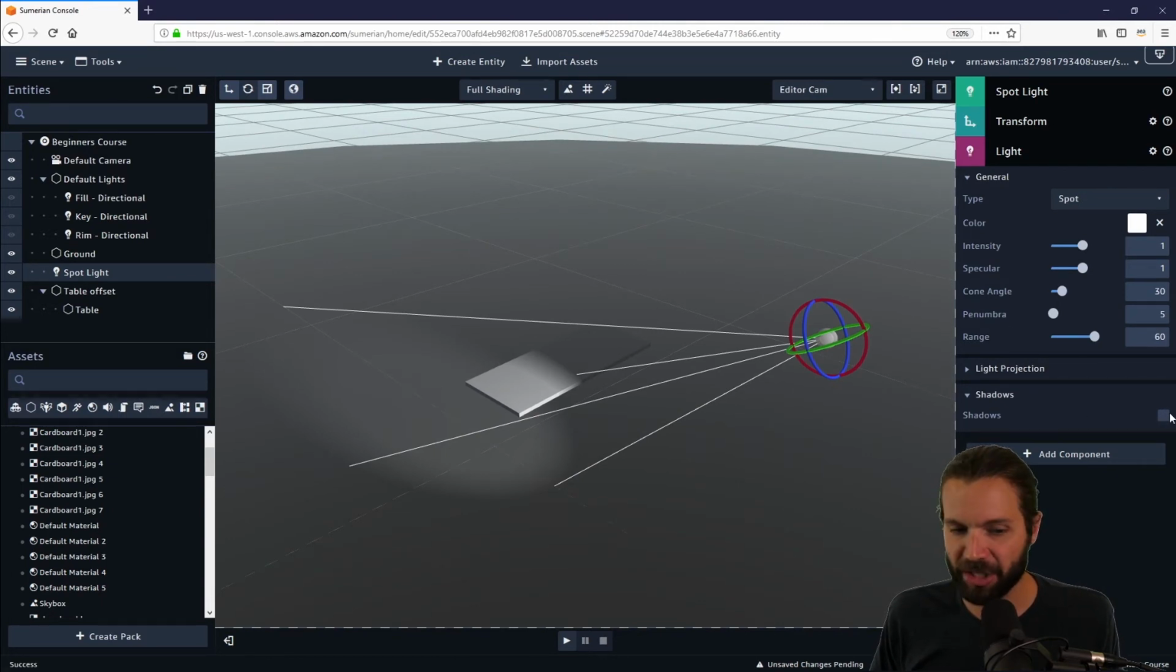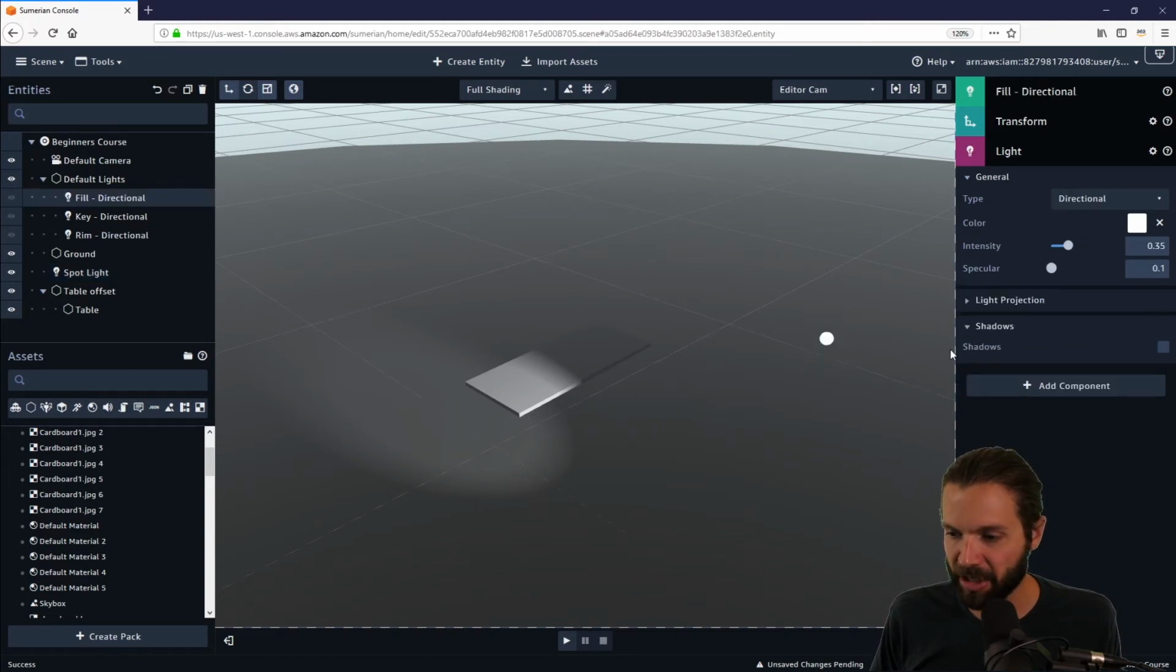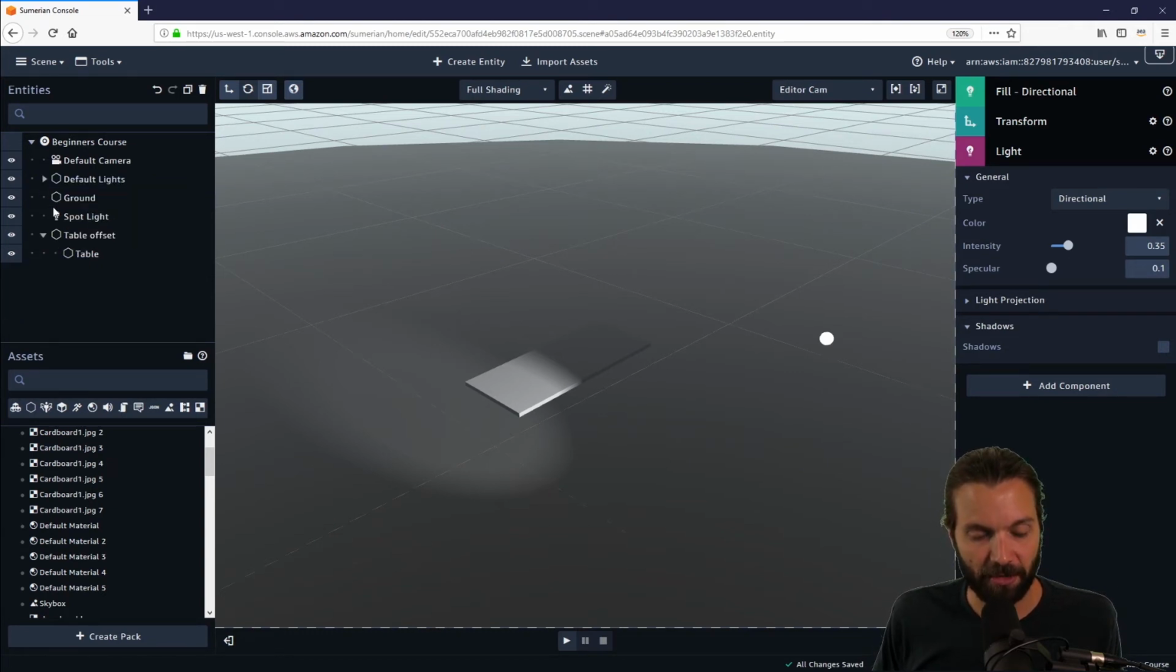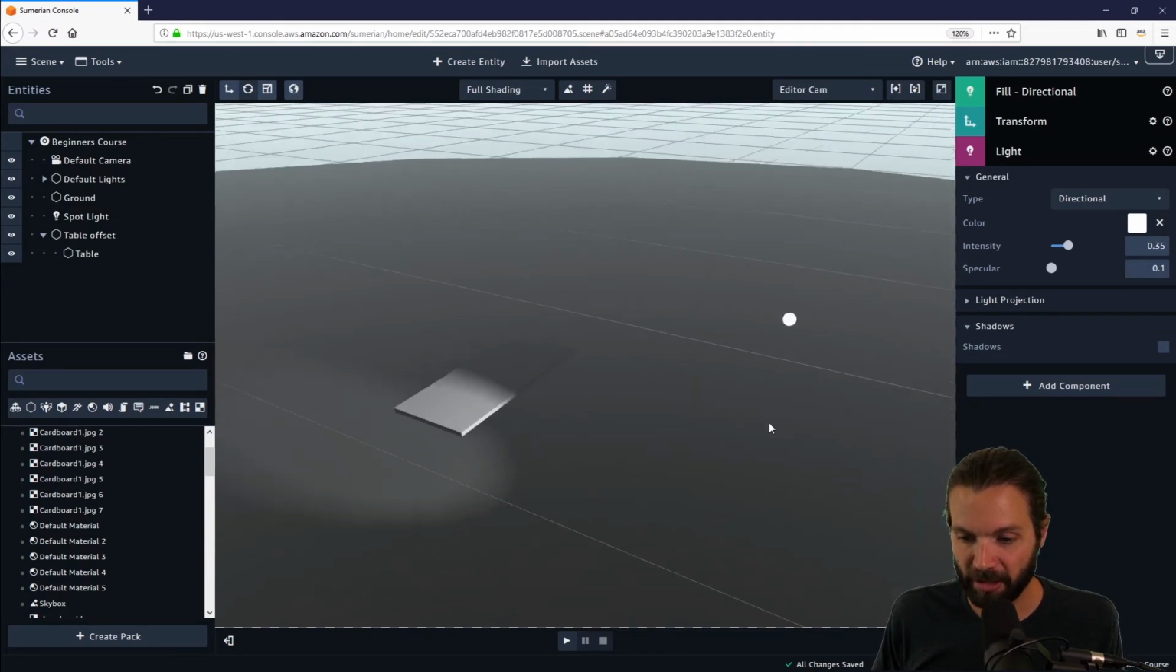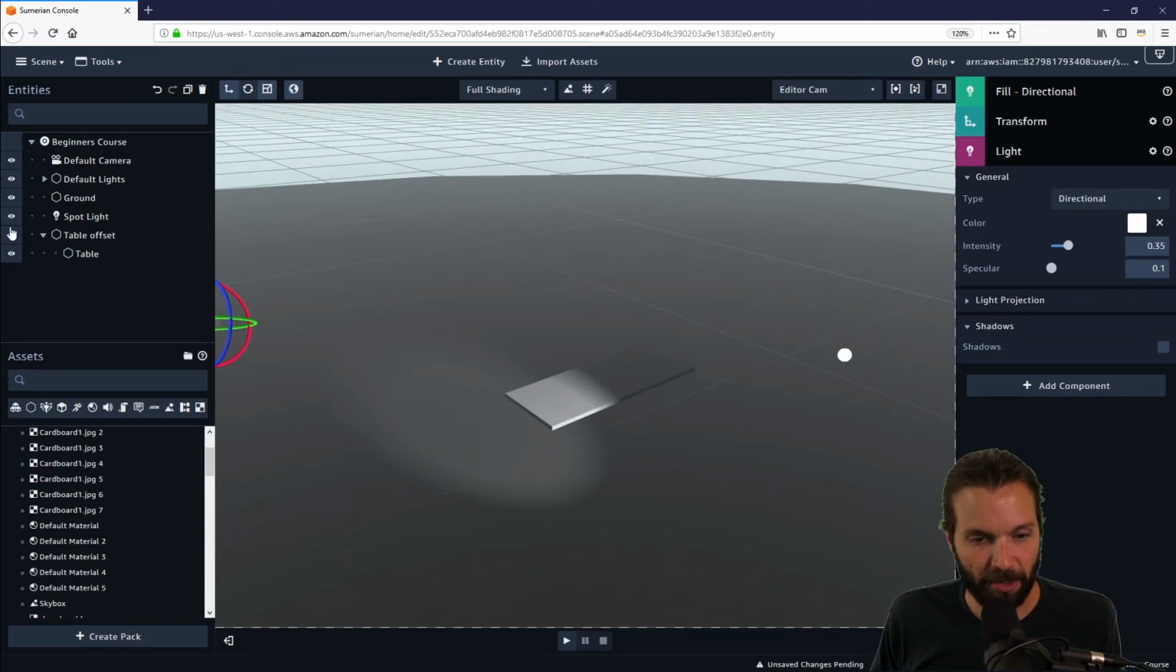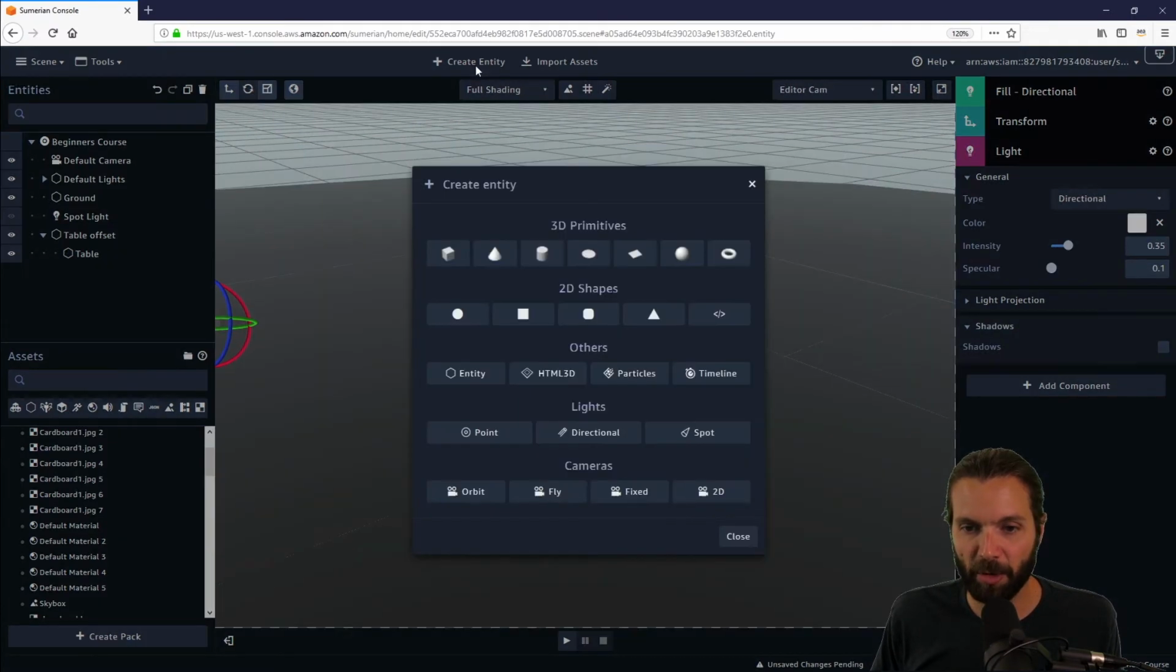And so that's how you would add shadows, and you can also add shadows to directional lights. You cannot add them to point lights, which we will get to shortly, but you can add them for directional. We do not have those turned on for the fill lights, the directional lights that are already there for the scene. All right, I'm going to go ahead and hide the spotlight, and now I'm going to create another entity,